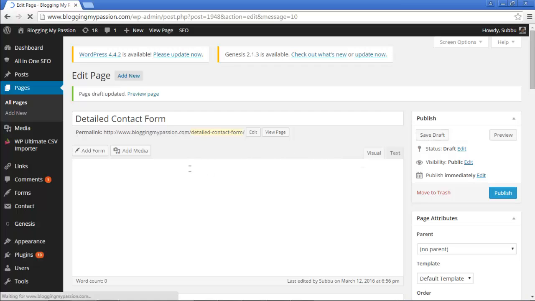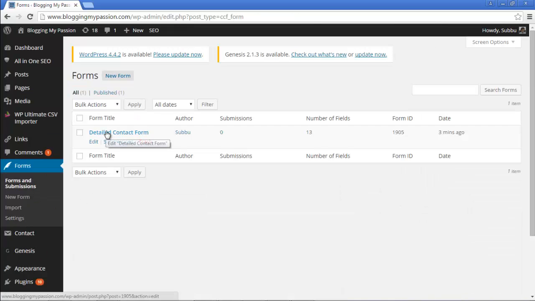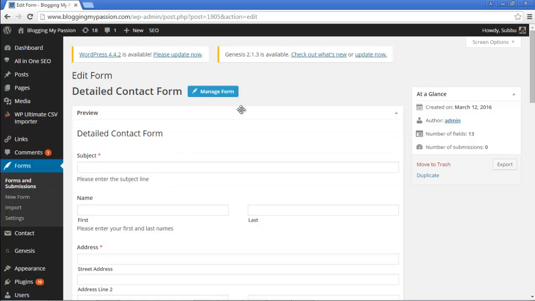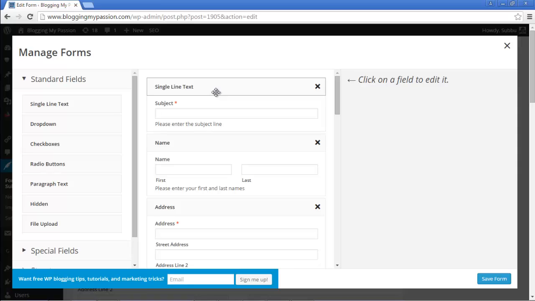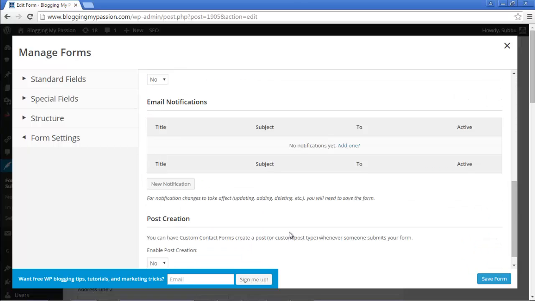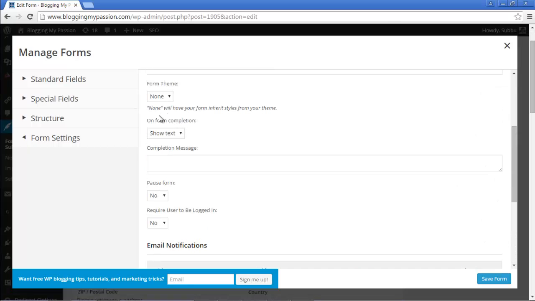But there is one more thing we have to do under forms. Go to forms and submissions, because we need to specify where we need to receive these emails. So just edit this existing form, and click on manage form. On the manage form, go to form settings. Okay, so here if you see email,